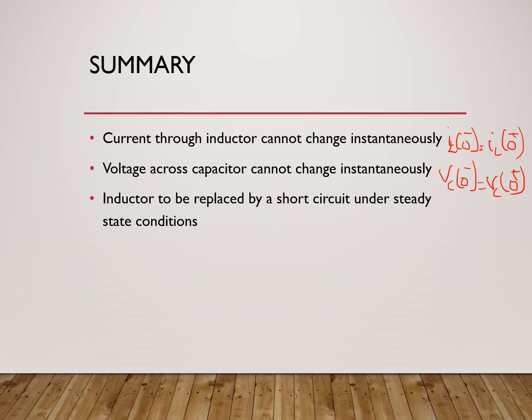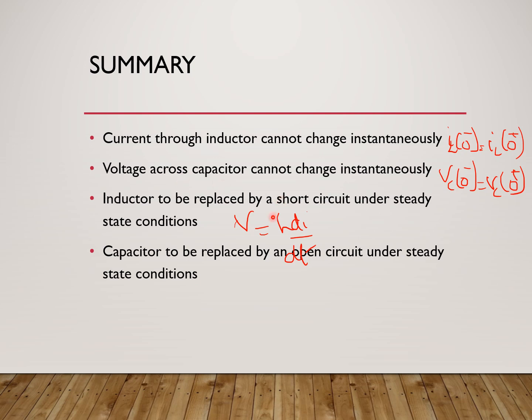Now, under steady state condition, since the inductor equation is given by V is equal to L di by dt, we can write that the inductor can be replaced by a short circuit under steady state conditions. When the current becomes constant, di by dt is 0, so the voltage is 0, which implies that if the inductor voltage is 0, it is to be replaced by a short circuit. Similarly, the capacitor equation is I is equal to C dV by dt. So with voltage constant, dV by dt becomes 0, current 0, and current 0 corresponds to an open circuit. So capacitors can be replaced by an open circuit and inductors can be replaced by a short circuit under steady state